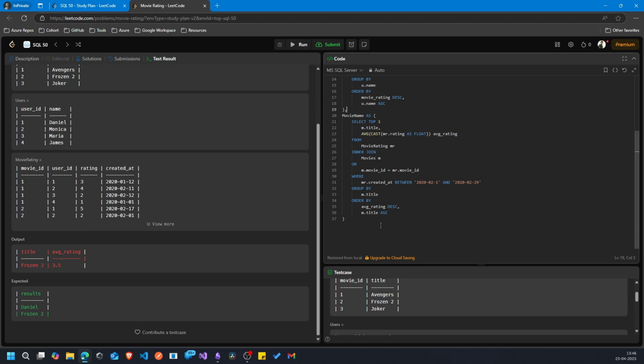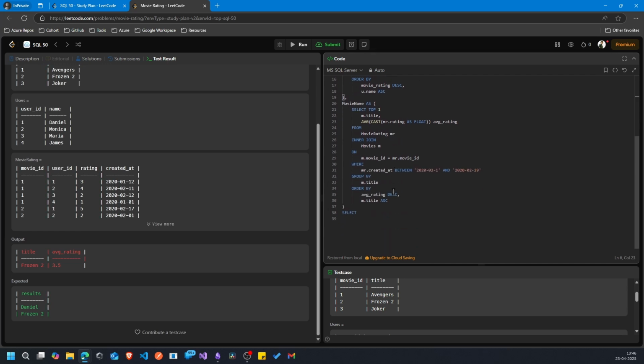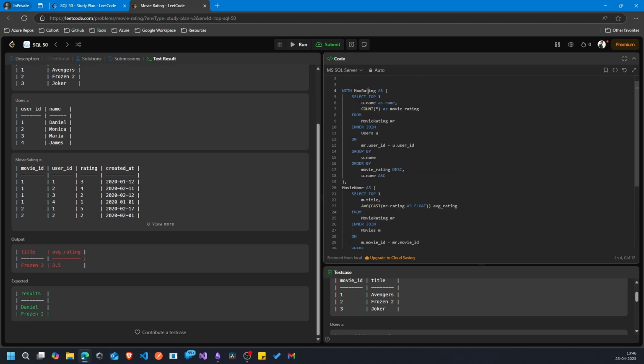Perfect. Now we have two schemas. What we can do, we can take what we have in the first one, name. Select name as results from max rating,